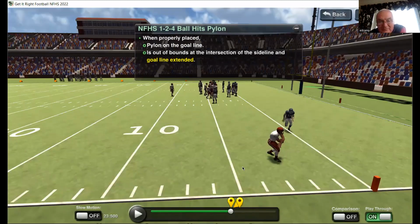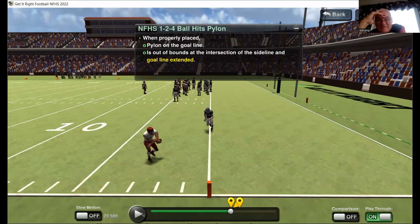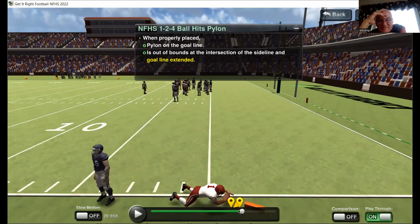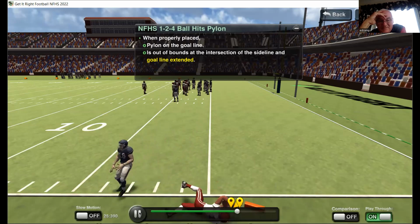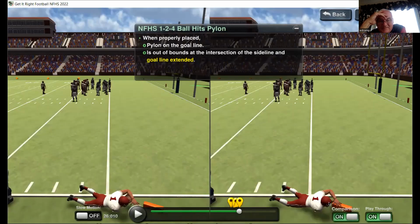We'll go through playthrough, slide over here, see what that looks like. So when they start reaching out like that, you need to start thinking about what he's fixing to do with that ball there. If he hits that pylon with the ball, we have ourselves a touchdown. By comparison, though,